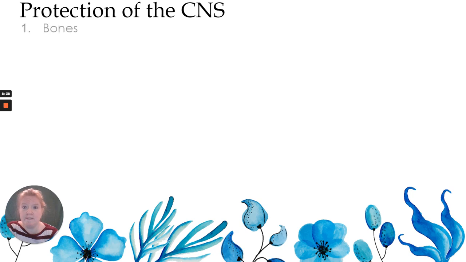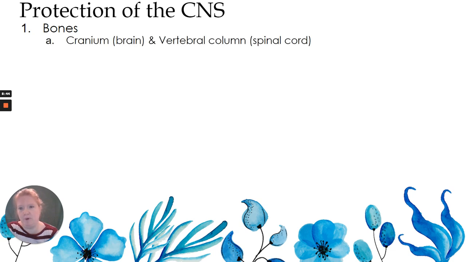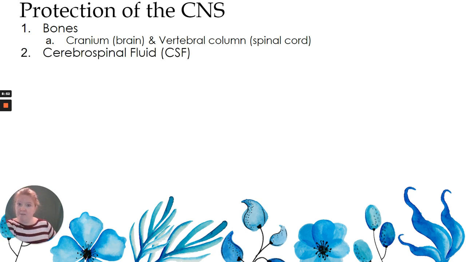Now, the central nervous system is ridiculously important. So it has a lot of layers of protection. First, there's bone. So we have the cranium that protects our brain, and we have the vertebral column that protects the spinal cord. Then there is a layer of fluid called the cerebral spinal fluid, or CSF,